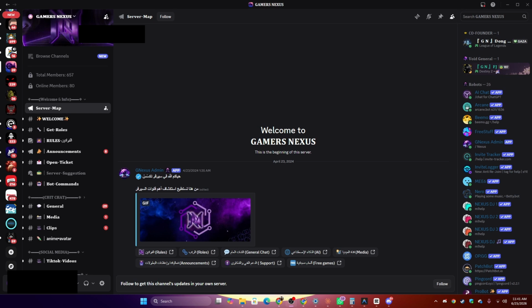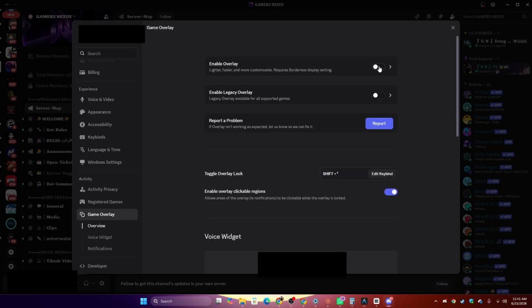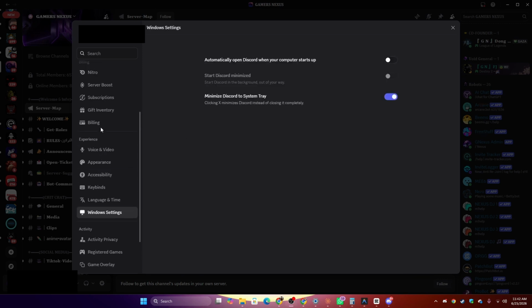Open your Discord and then go to settings and then just drop down to game overlay, guys, and here just disable the enable overlay and disable it for the legacy, as the overlay is consuming some resources. And then go for